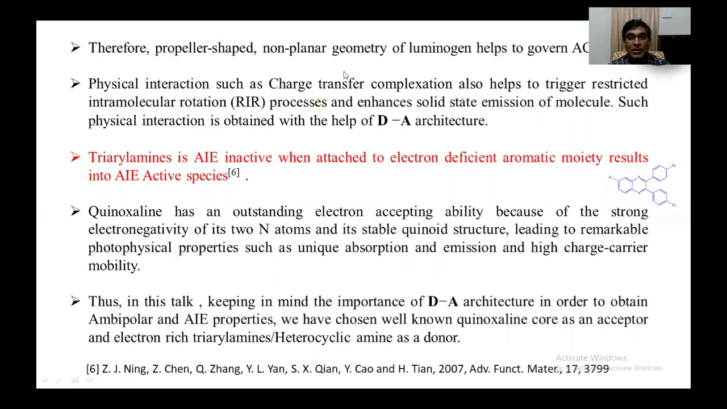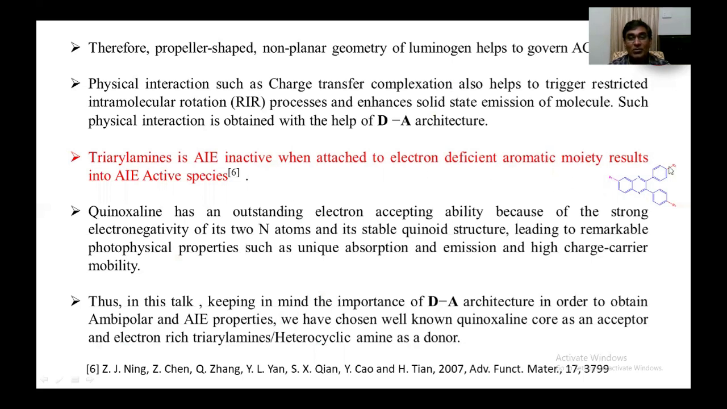Triarylamine is AIE inactive. Now, triarylamine, I showed you in the previous slide, the triphenylamine, it is AIE inactive. It is emissive in solution state, but in solid state it is AIE inactive. But when attached to an electron deficient aromatic moiety, it results in an AIE active species. Now, quinoxaline,